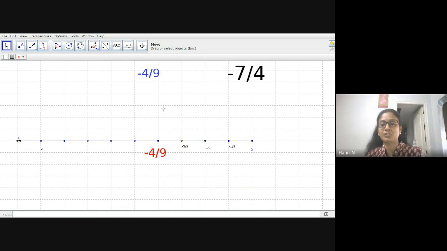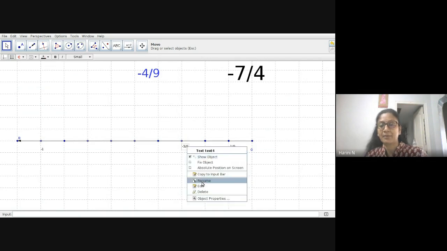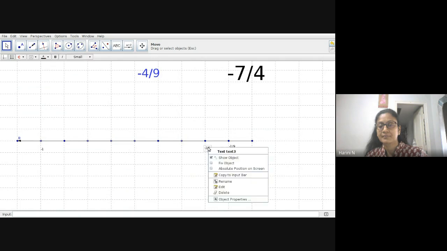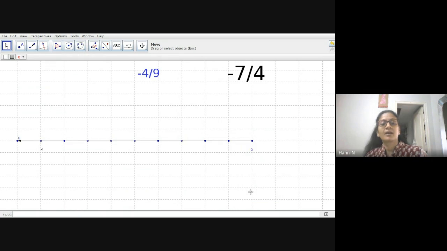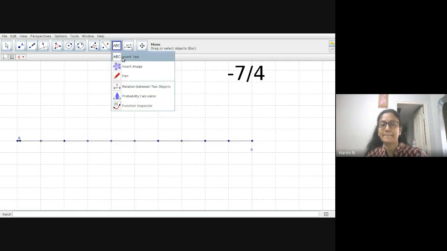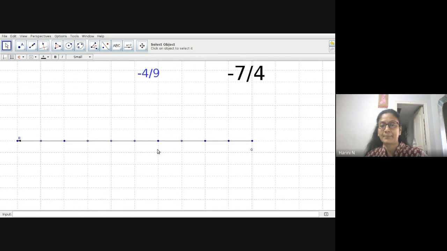Now let me see if you're able to clearly get this negative 7 by 4 on your number line. Now let me delete all this. I'll use the same number line to show negative 7 by 4. Now your 0 and negative 1 is not this. This is definitely not your negative 1. So I'll delete that also. So because it is 4 in the denominator, the 4th division will automatically become negative 1. So let me introduce the negative 1 there. So this is your negative 1.